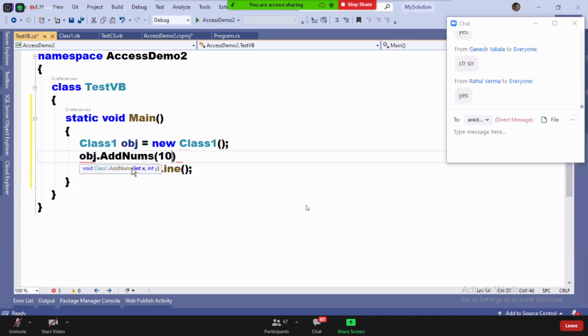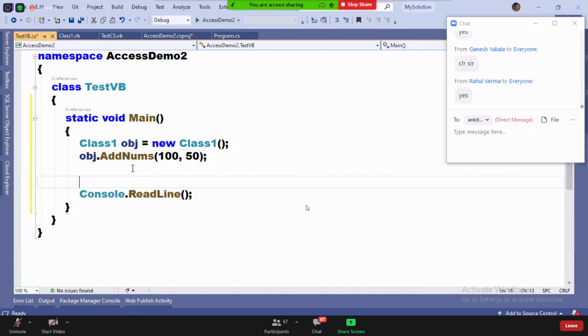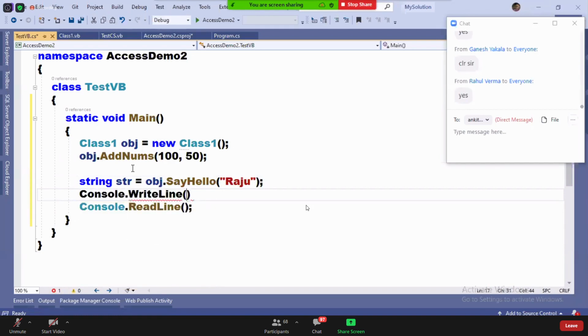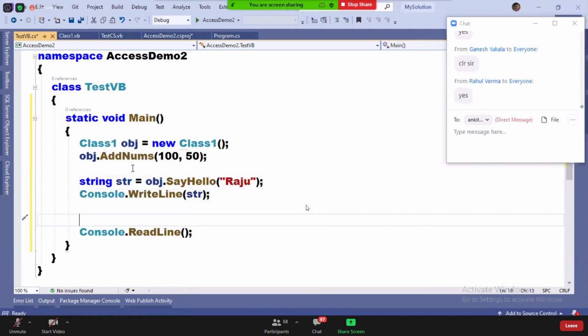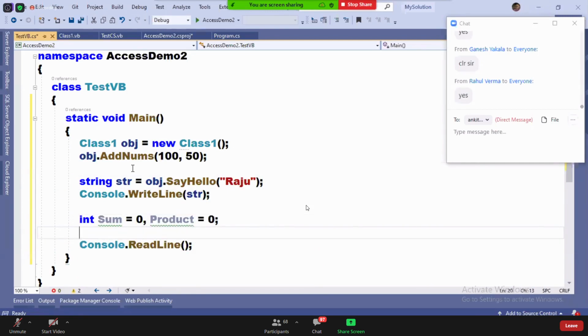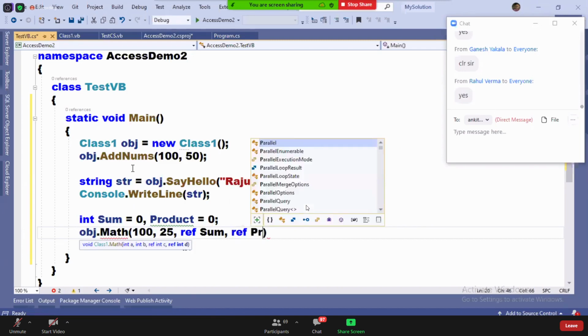AddNums 100, 50. Next. string str = obj.SayHello of some name. Console.WriteLine(str). Next, int sum = 0 and product = 0. Then obj.Math, I'm passing A as 100, B as 25, and then ref sum, comma, ref product.